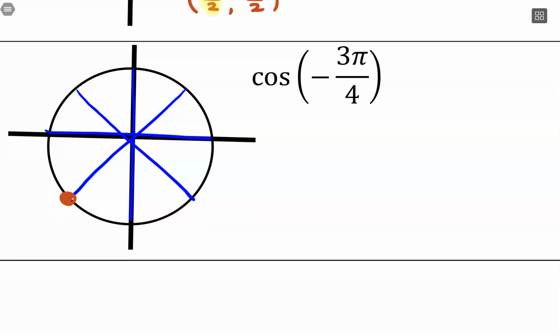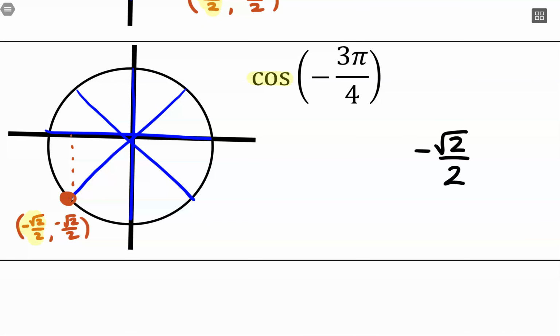So we're here. The triangle is the 45-45, so I know I have the same side lengths, and since we're in the third quadrant, they will both be negative. So cosine, even though these are exactly the same, cosine is the x-coordinate, so that's going to be a negative